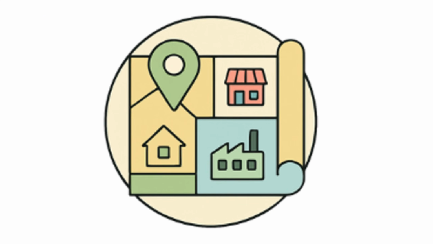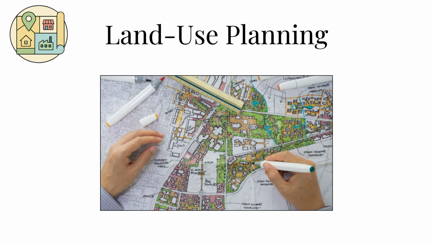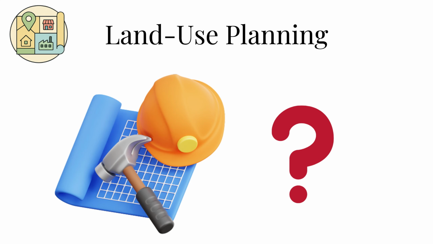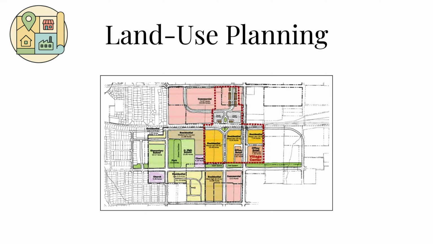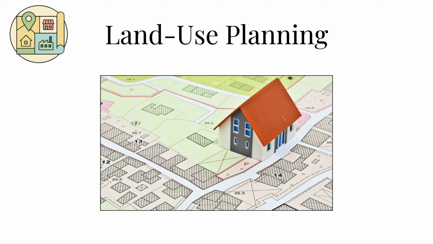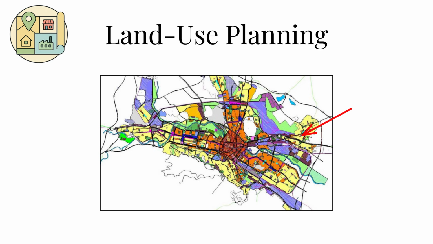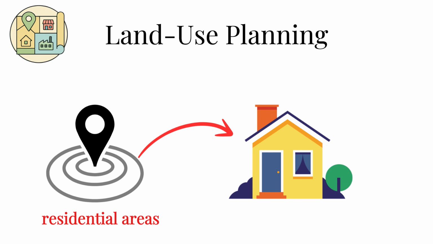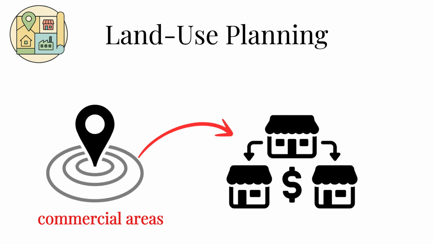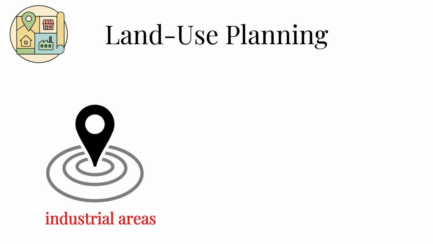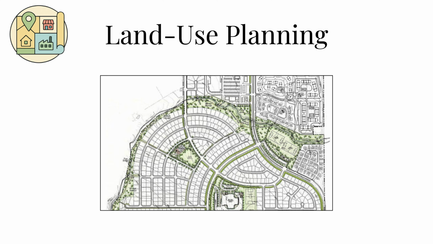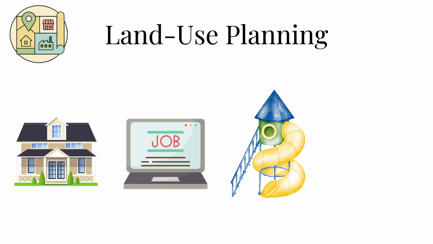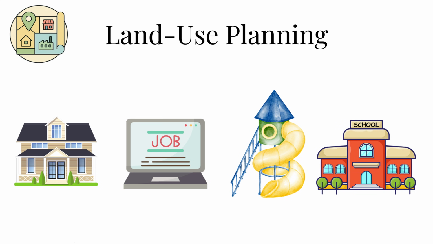Land use planning. Land use planning is all about deciding how land in a city or region is used and what can be built where. It involves creating maps and rules, like zoning laws, that separate areas for different purposes. For example, residential areas for homes, commercial areas for businesses, and industrial areas for factories. This planning ensures that the city has the right balance of housing, jobs, parks, schools, and other needs, and it